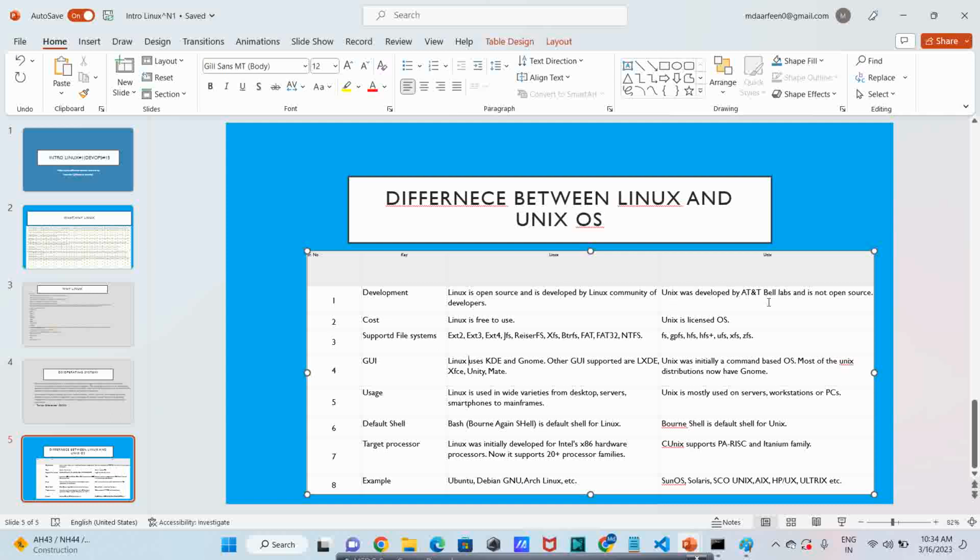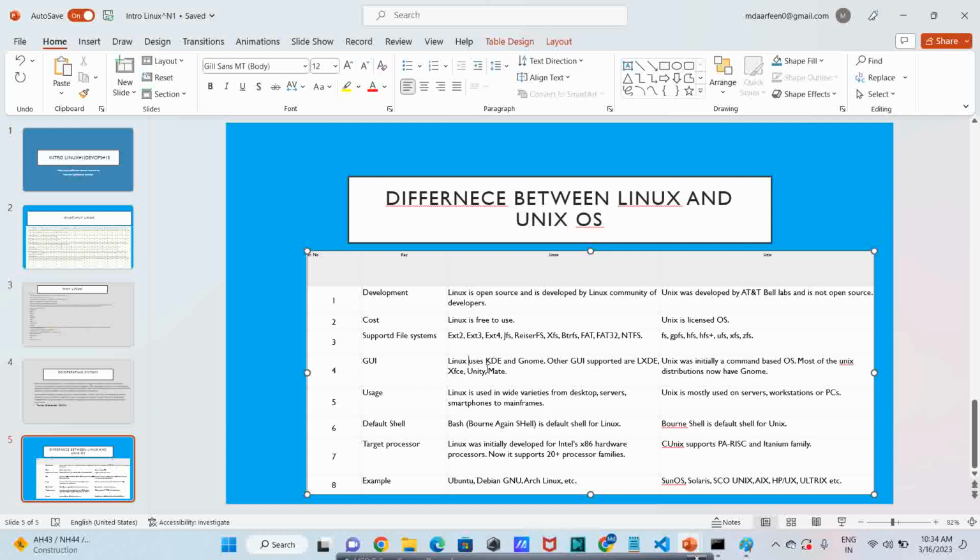Unix was developed by AT&T Bell Labs and is not open source. Both are not derivatives of each other, but they are similar to use. Unix is a licensed OS, Linux is free to use. The supported file system is ext2 and others like these, and for Unix, JFS, GPFS, HFS, like that.